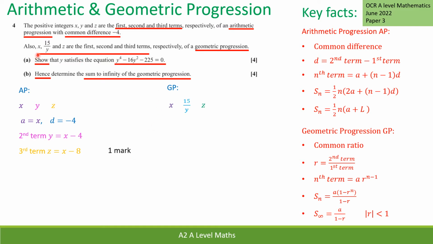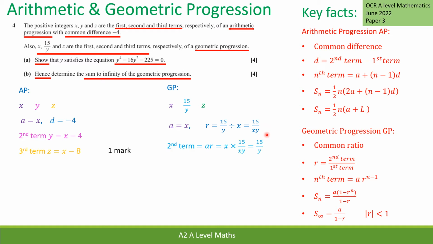So from a geometric progression, you're told that the terms are x, 15 over y, and z. So x, 15 over y, and z. These are the first 3 terms. We know the first term, again, a is going to be x, and we have got a common ratio because it is a geometric progression. Now to find your common ratio, it is the second term divided by the first term. So my second term is 15 divided by y, divided by my first term, which is x,